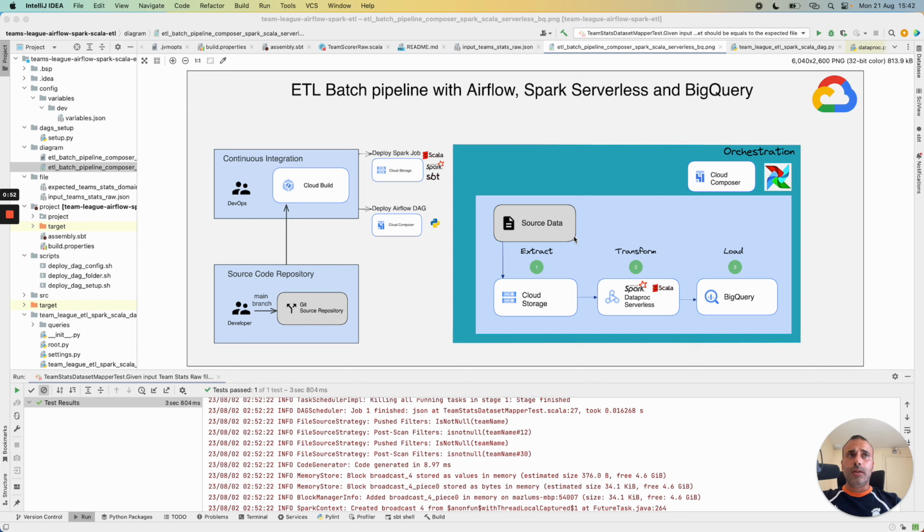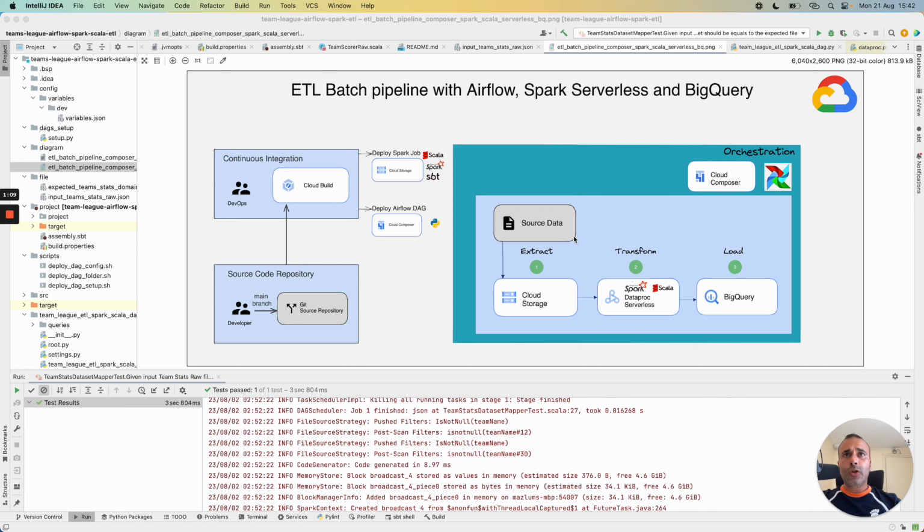Today, I also wanted to show how to integrate Dataproc serverless with an orchestration tool like Apache Airflow in Google Cloud Platform.